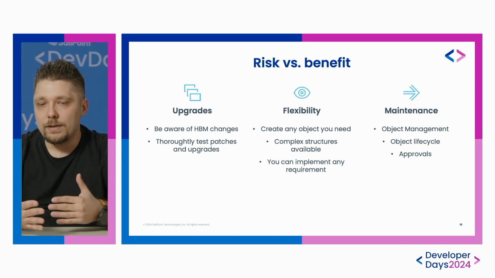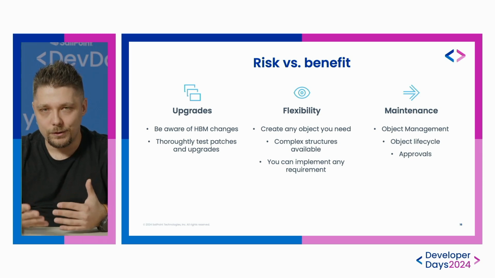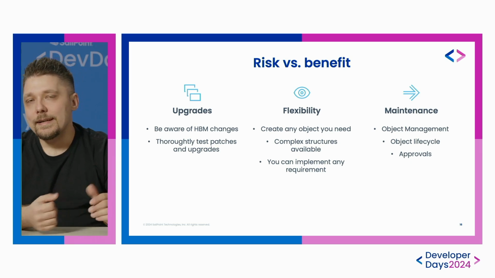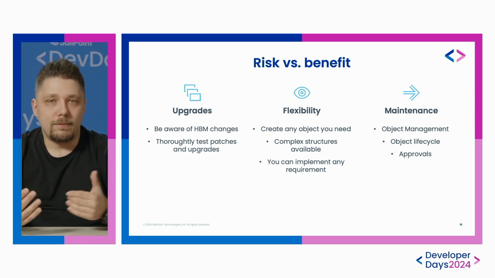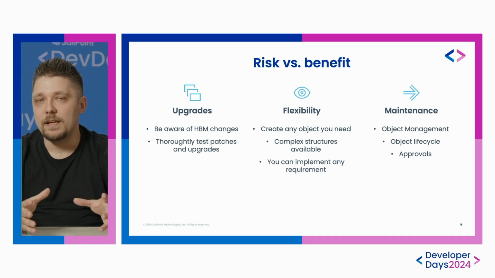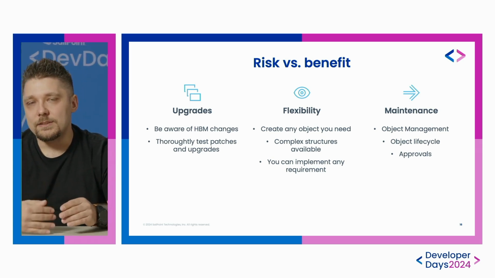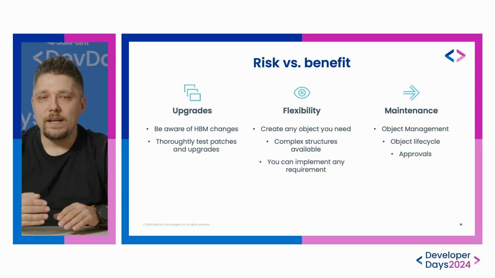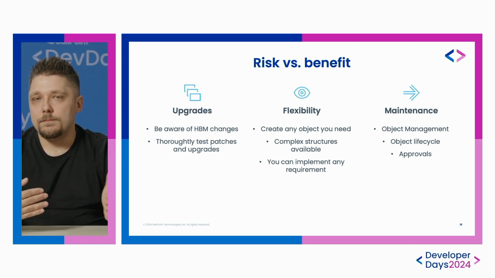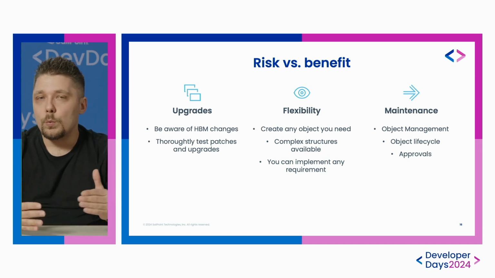That's the risk. But we also have benefits. The first one that comes to my mind is, of course, flexibility, because you can actually store whatever you want. As I told you at the beginning, I created a business application for one of my customers to just keep the list of the business applications in IdentityIQ. But once I did it, we actually found a lot of use cases for how this business application can be utilized. For example, we can bind other objects like roles and managed attributes to this business application,